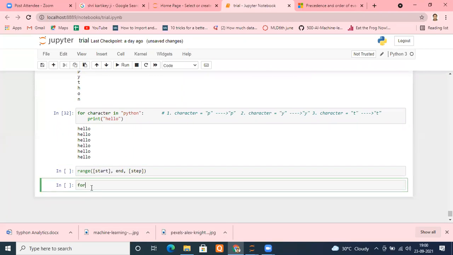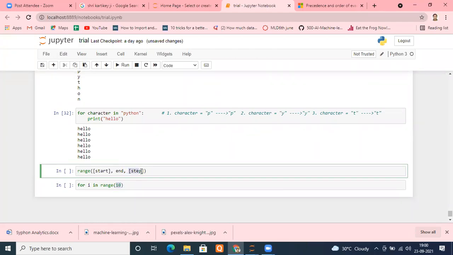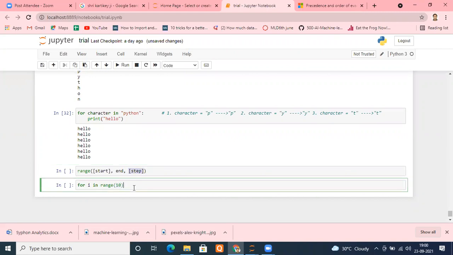Let's see. For example, I want to just print for i in range. I just put the number 10. So I just put one argument. Can anybody tell me which argument it is? Start, end, or step? Look at what I have. Yes, it is end. So by default, it is going to take the start as 0. And remember, it won't count 10. It will take one less than this, so it will generate numbers from 0 to 9. And step I haven't mentioned, so it will take one step. So 0, 1, 2, 3, 4, 5, 6, 7, 8, 9. If you want to see them, you can see them.